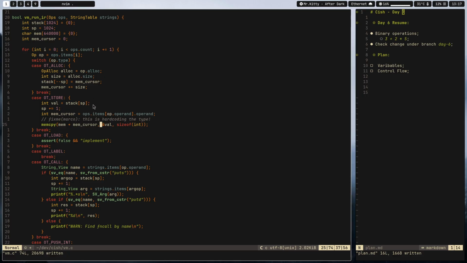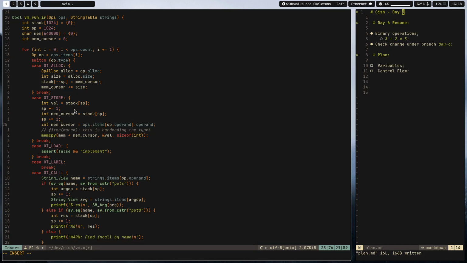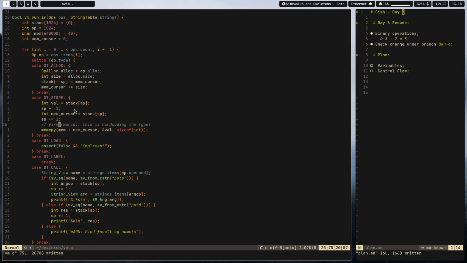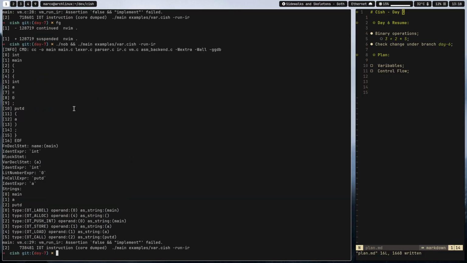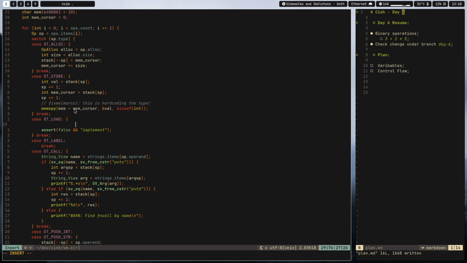So then when we store, we take the value that we want to store and the mem cursor, which is a stack sp as well. We add 1 to the stack cursor. That's it. So we store in there. Then to load, we need to check the mem cursor for that actual variable, because load contains an index to the named variable, and the walk